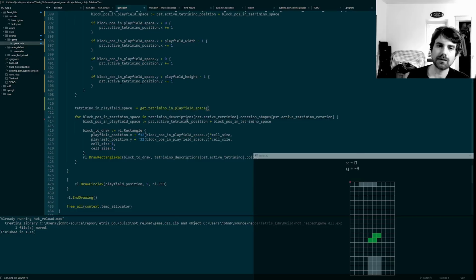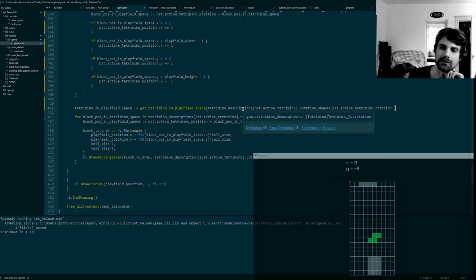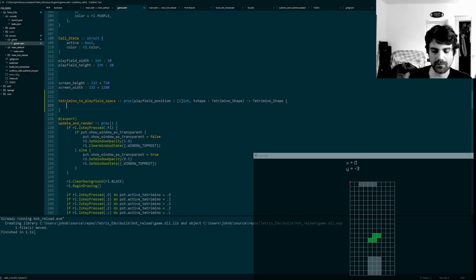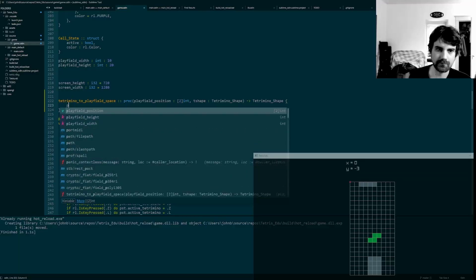And I think because this gets all the blocks. So I guess for right now, we could essentially pass this in here, and then it converts everything. So this would essentially take in a tetramino shape, and it would output a tetramino shape. And then what it does, I think that would actually do it. So this would be like